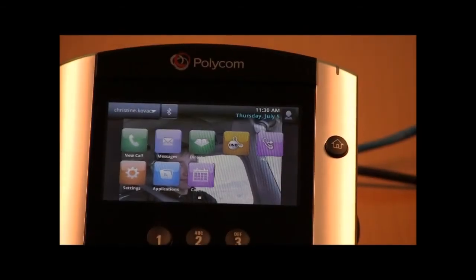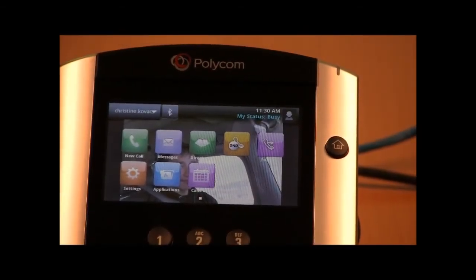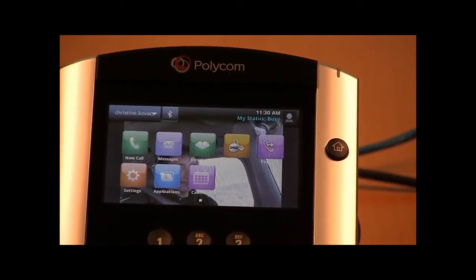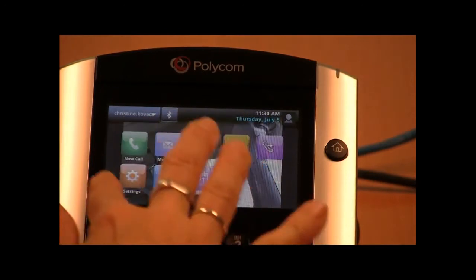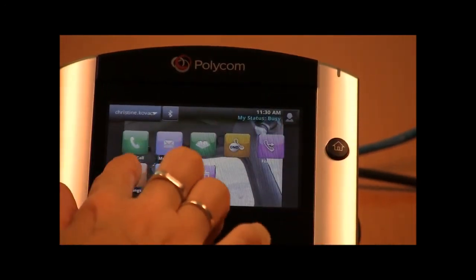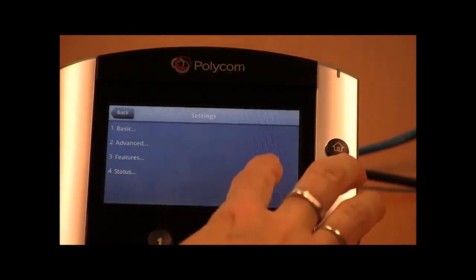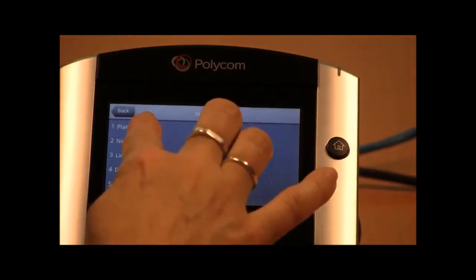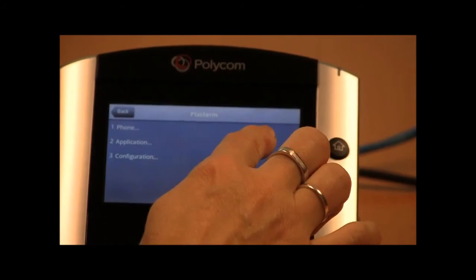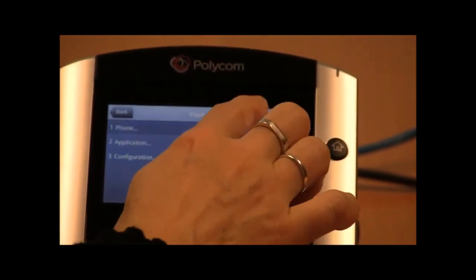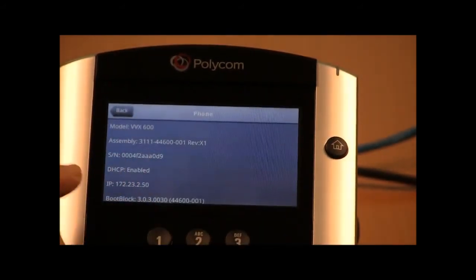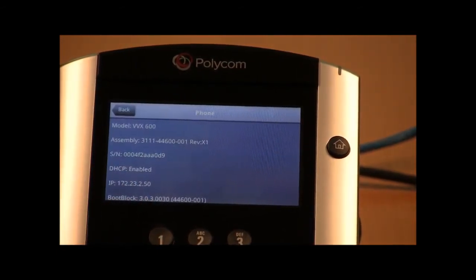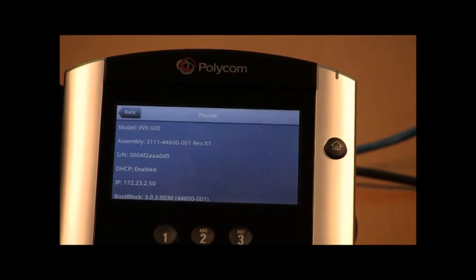Talk to you about the VVX 600 web configuration utility. In order to get the IP address of the VVX 600 device, on the home screen or home view, you can select settings, and under settings you can select number 4, which is status. Under status, you can get into the platform, which is number 1, and select number 1, which is the phone. On this screen, you can see the IP address, and that is the IP address we need to enter into a browser. So open a browser and enter